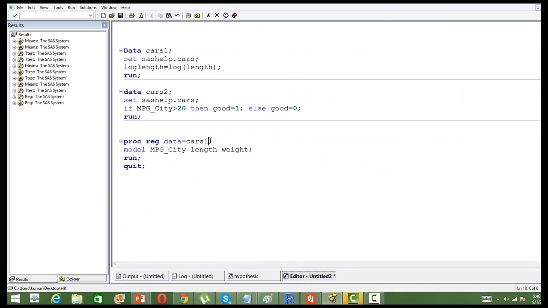So we spoke about the problem of multicollinearity and autocorrelation, right? Autocorrelation I am not going to cover here, but multicollinearity is very simple. Autocorrelation is actually not a problem because in this data we are not taking data for different time periods, so we should not worry. That's a very rare case. But multicollinearity is an issue. Length and weight could be correlated. So for that we use what is known as VIF, the variance inflation factor.